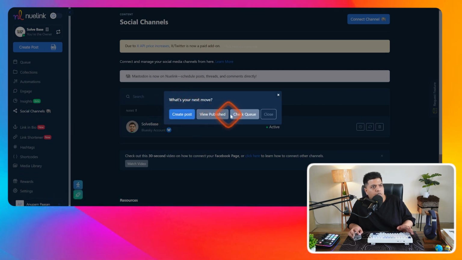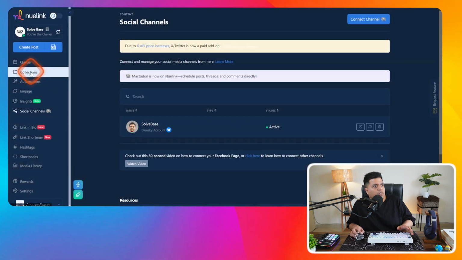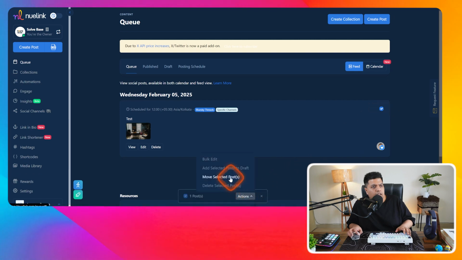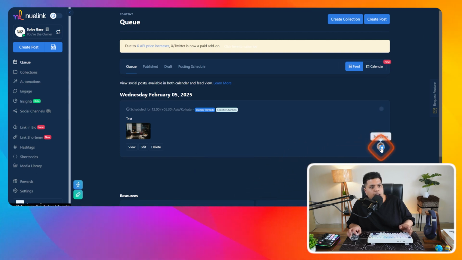You can create the post, view, publish, check queue, etc. So I'm going to go to queue first, and as you can see, our queue is here on the page. Now I can select this. There are actions for it, so you can bulk edit, move selected post, delete selected post, etc. So as you can see here, it is for Blue Sky